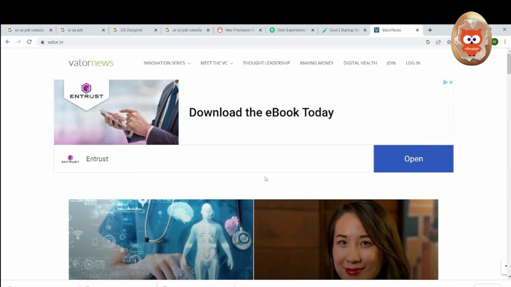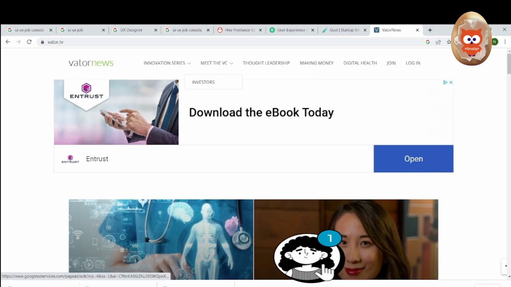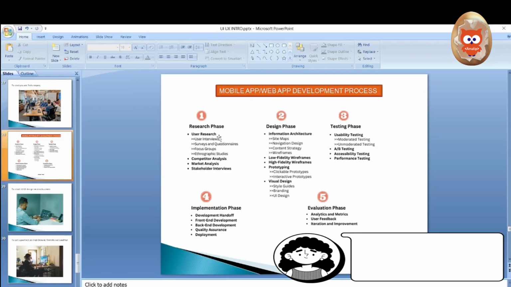But before then, let me show you one of the platforms where you can easily get an investor for your idea, and not just investors that specialize in mobile apps or web applications. So once you have carried out your research, your design and testing, and you have your prototype ready for implementation, at that time you will know the cost estimates that you need for the implementation phase.